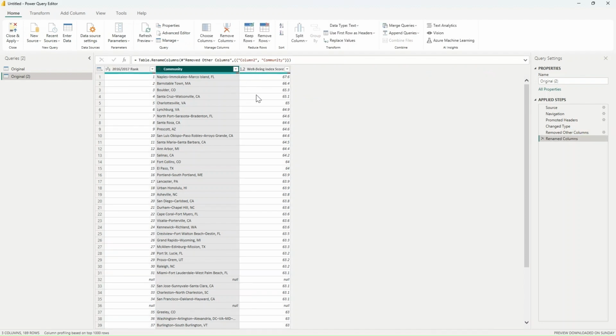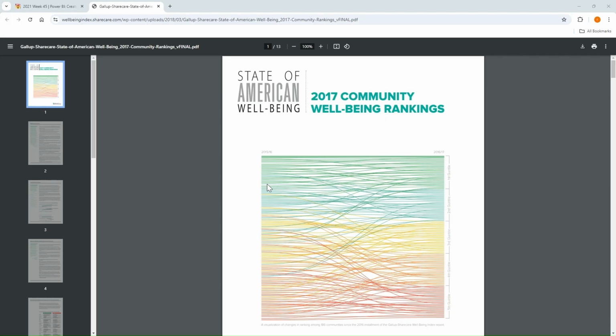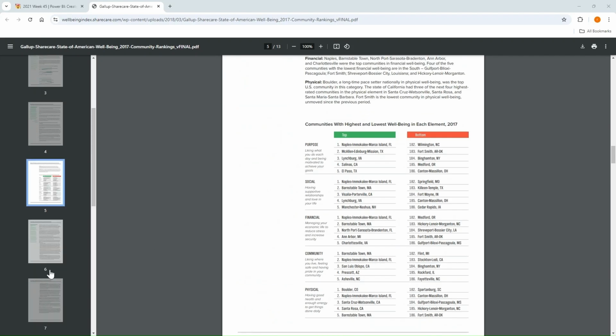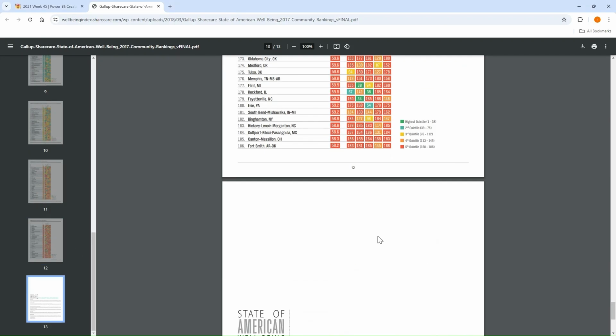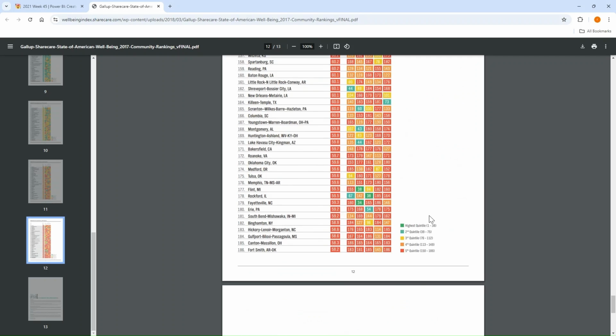And now we need another column which will show the quantile values. So if we go back to the challenge and look at the PDF, we are given quantile information. If the rank is between 1 to 38, then it is first quantile. When it is between 39 to 75, then it is second quantile. So we are going to create this column which will show us these quantiles.